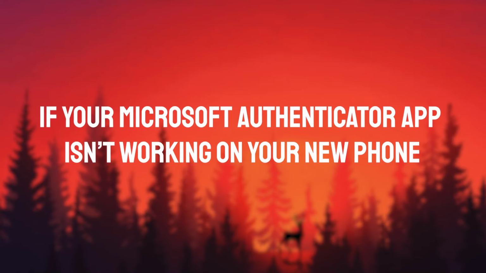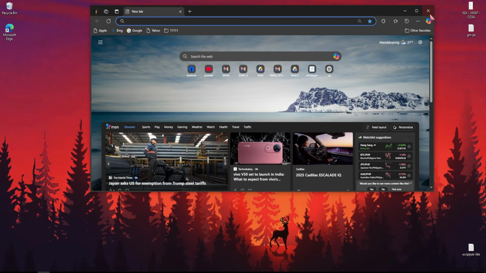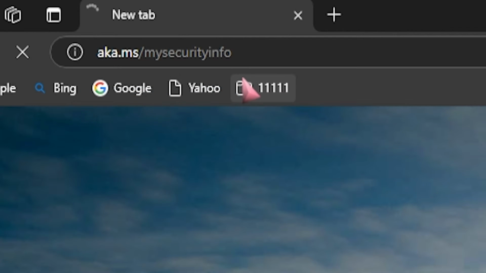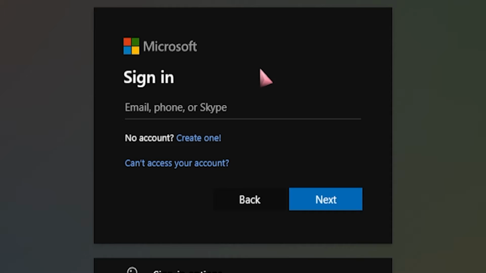If your Microsoft Authenticator app is not working on your new phone, here's how to fix it. Start by opening a web browser and going to aka.ms/mysecurityinfo. Log in using your Microsoft account. If you're asked to approve your sign in using the Authenticator app, but it's not working, select Sign in another